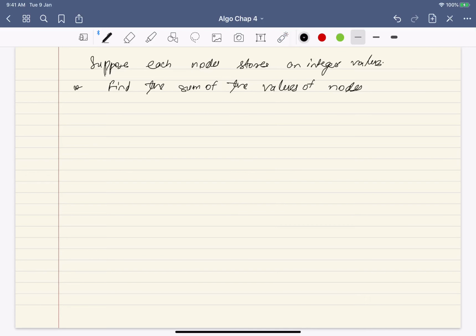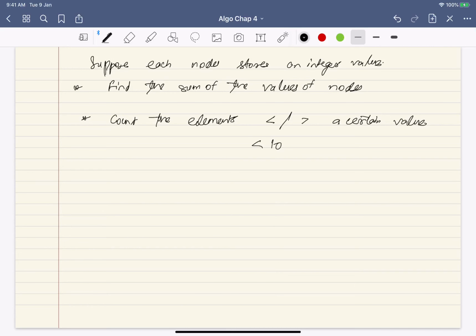Now similarly, suppose my question is to count the elements that are less than or greater than a certain value. For example, how many elements in my tree are less than 10?